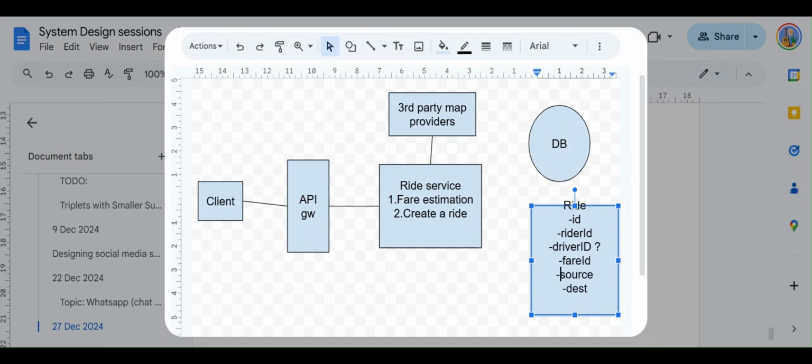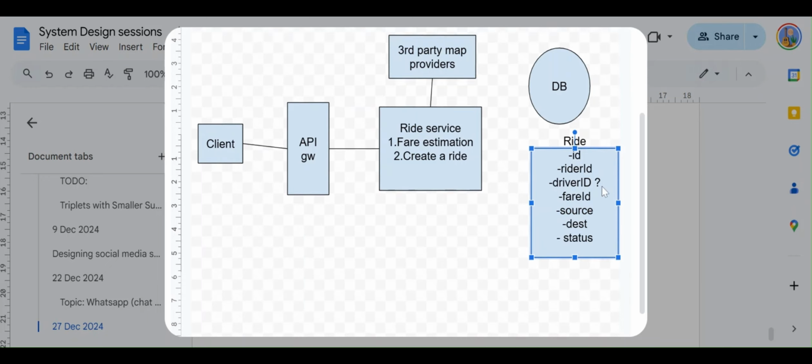These things are already mentioned in the fare, so we can probably avoid them. But if denormalization needs to be done, in that case we can include them. I hope you are aware of denormalization of tables, but we can include it if that's a requirement here. This can be discussed later as well. And then the status of the ride.